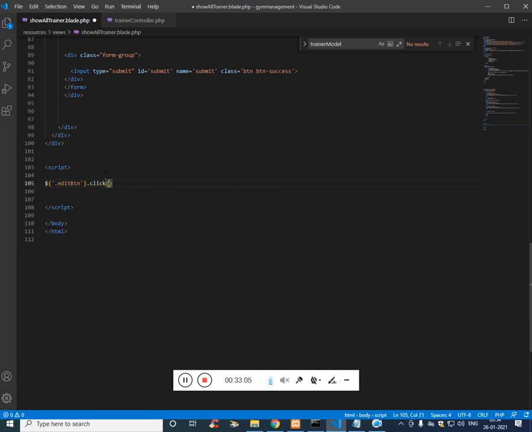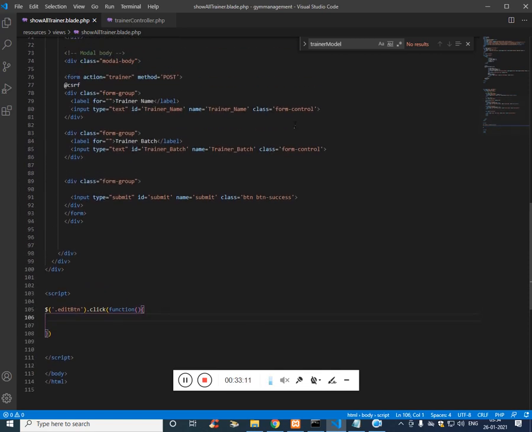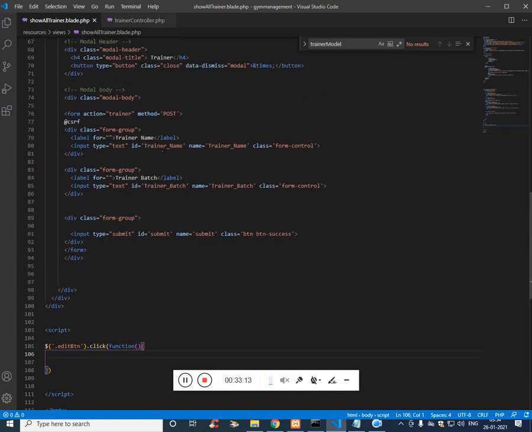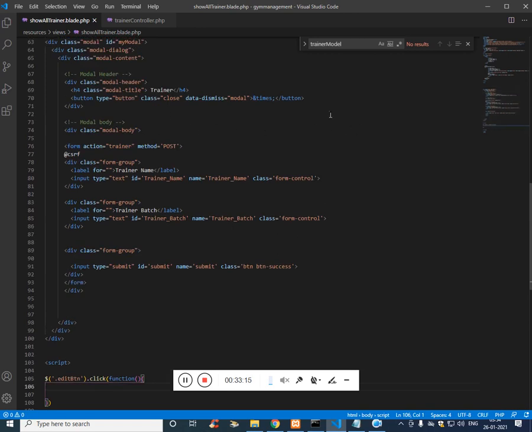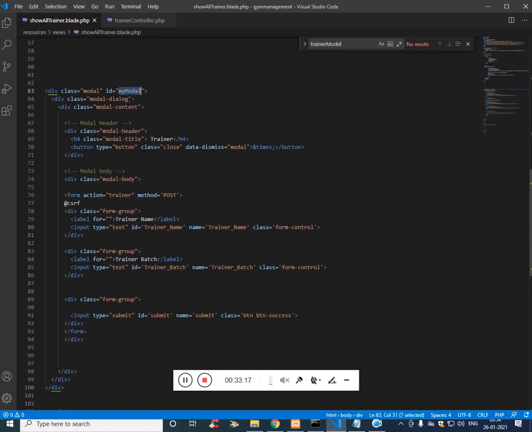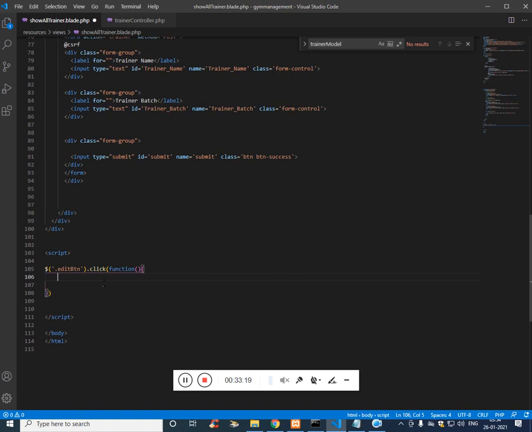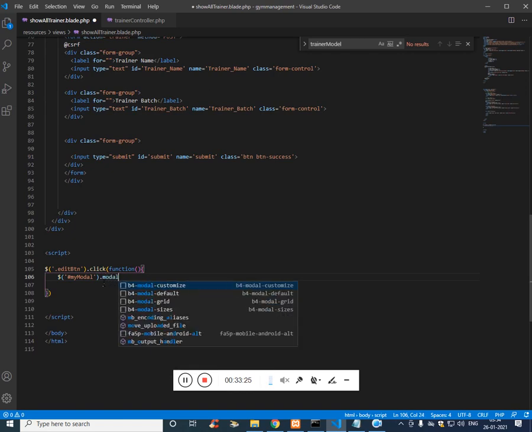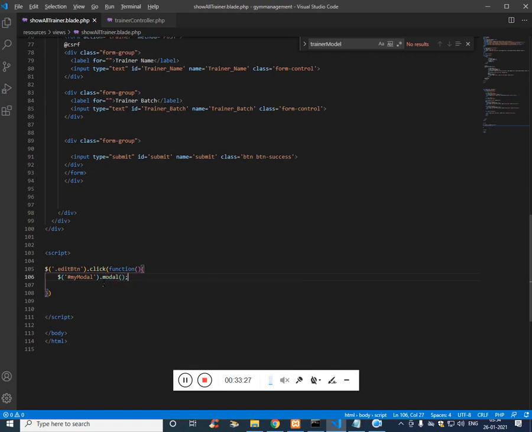If I click, then call the modal, here we can call it with the help of ID $modal. Let's see.